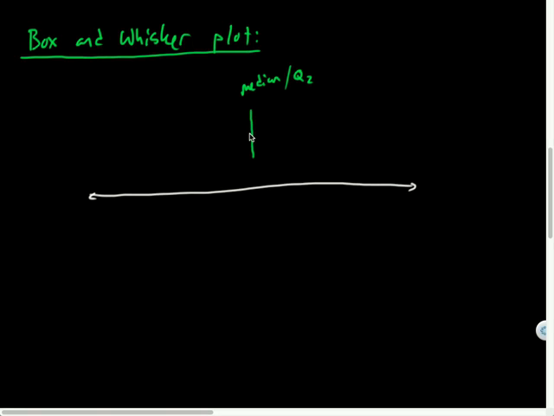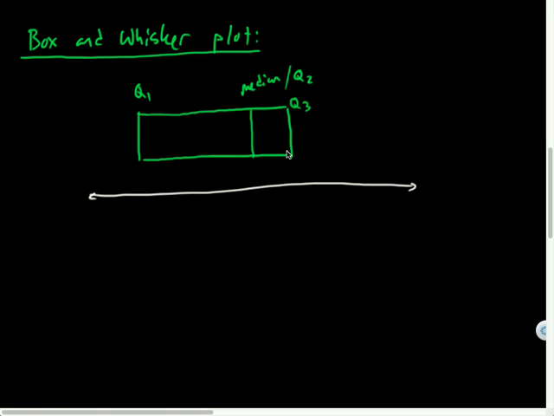And now once I find the median, I'd find the median of the first half of the list. So let's say that's located here maybe. And this would be called quartile 1. And then I'll find the median of the second half of the list. So let's say that's here. It's quartile 3. And these 3 portions make up my box. I end up drawing a box around those things.